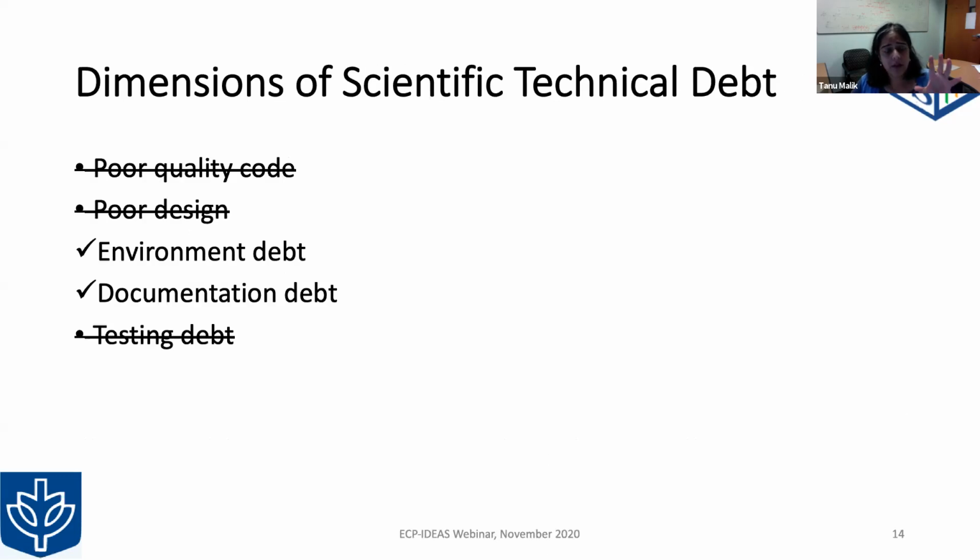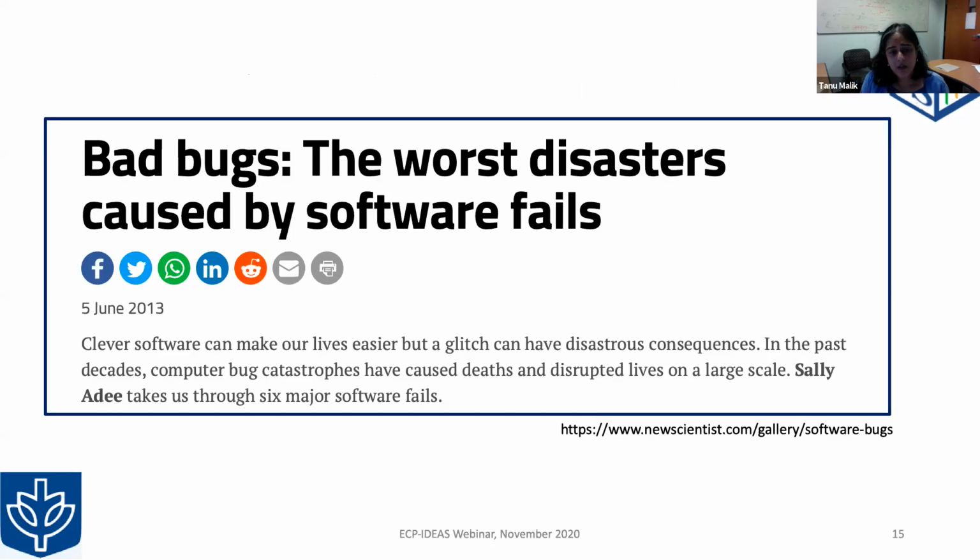Okay, so this is the technical debt that I'm going to focus on, the environment debt and the documentation debt. But let's define reproducibility. What do we mean by reproducibility? Specifically, computational reproducibility. So in this reproducibility, I'm not referring to bugs in software. We know that some of these bugs have led to catastrophes, but we are really concerned with this common case of irreproducibility,